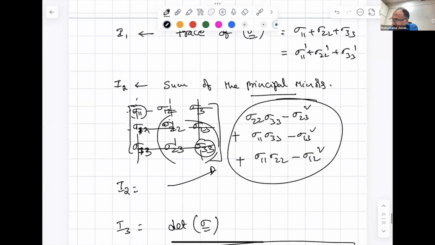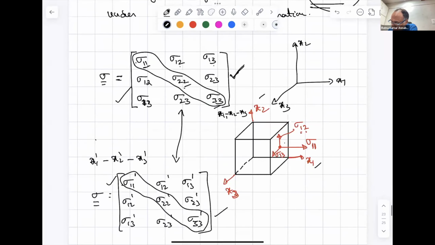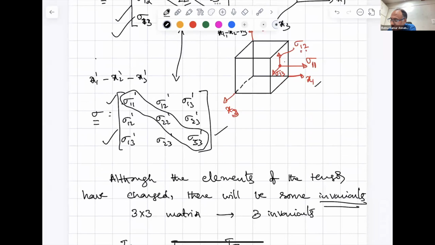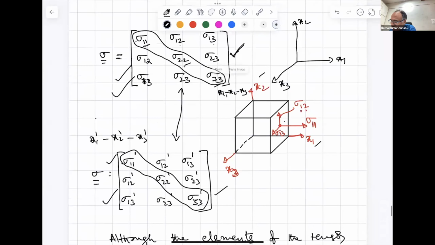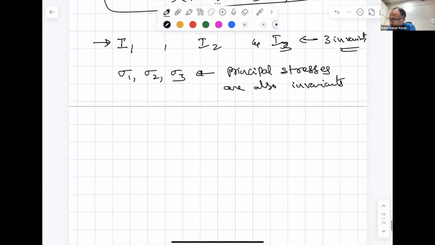Meaning whether you take this matrix or this matrix, you find the eigenvalues of this matrix and this matrix, they will remain the same. You will get the same eigenvalues. Only then this is a valid coordinate transformation. That is why the eigenvalues. So we know the eigenvalues of the stress tensor